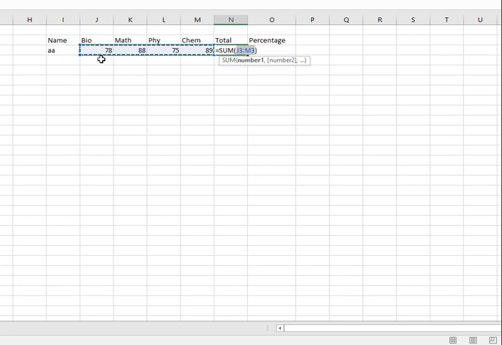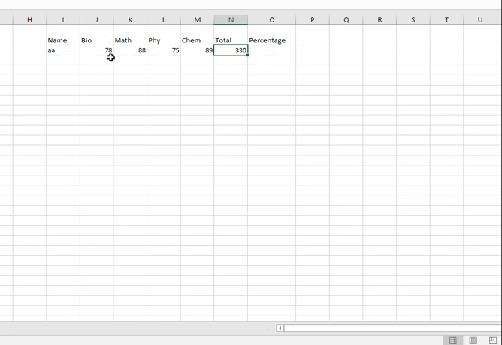I want to perform the addition of this data, that is sum of J3 to M3. What is J3 and M3? J column, third row. So the value is J3. What is M3? I want from J to M total. So M column, third row. And just press the enter key. So this is how the total will be calculated.